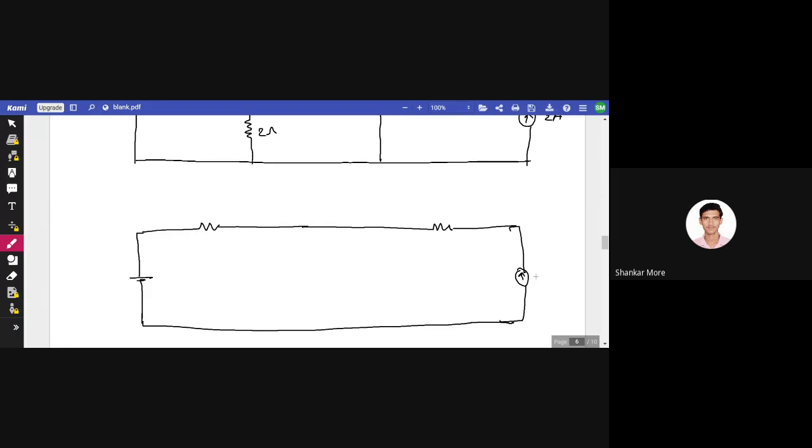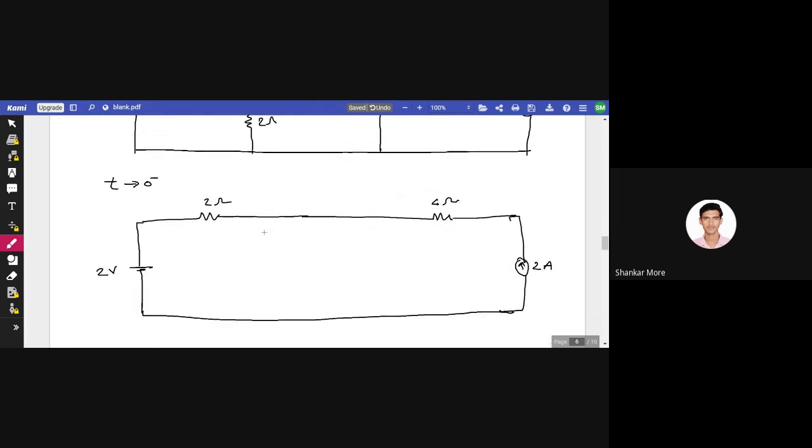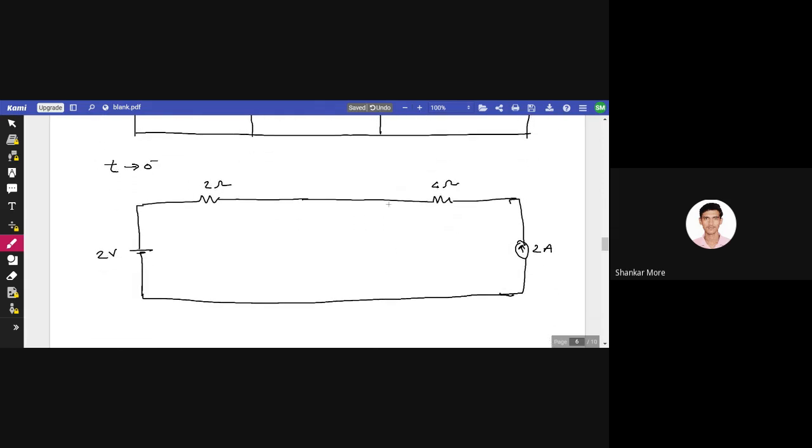Okay, so its value is 2 ampere, its value is 2 volt. 2 ohm, then we have 4 ohm. Now see, since we are drawing the circuit for t equals 0 minus, at 0 minus the switch is open, so I will not draw this resistance. There is no need to draw it, because it is not going to affect anything at all, right? So here I will only